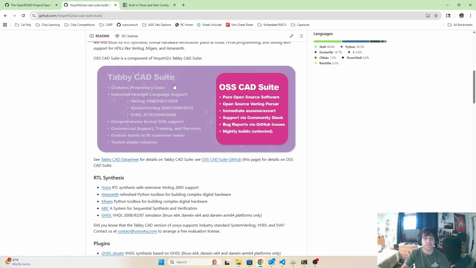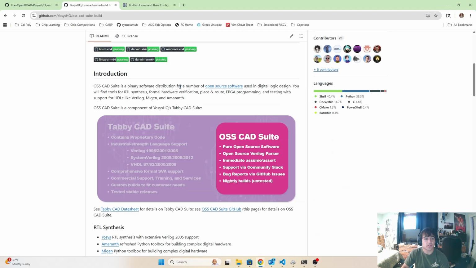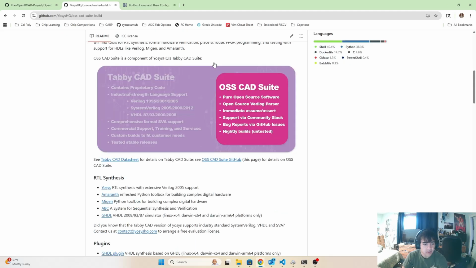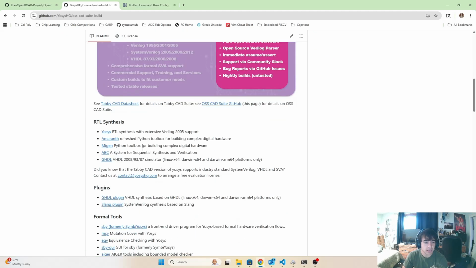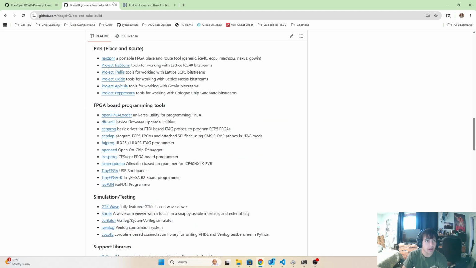This is Yosys, and this is our synthesis tool. Basically, synthesis means we're taking our RTL and we're synthesizing something with it. What that's going to mean is this tool takes our RTL, it maps it into this big abstract syntax tree, and then it maps all the transistors to that syntax tree. So yeah, pretty cool. Was developed by this guy when he was really young. So yeah, check it out. And then